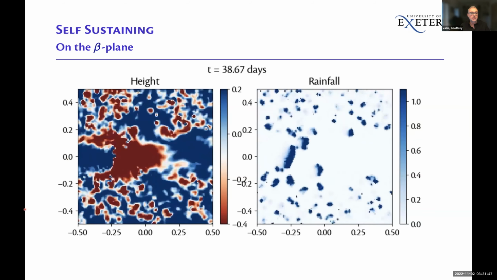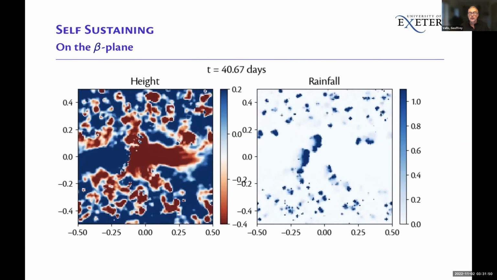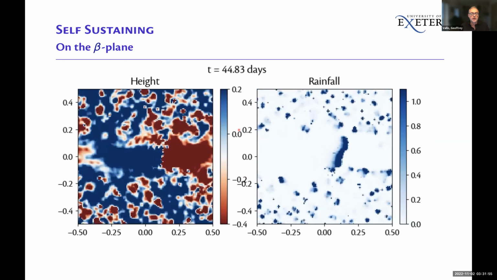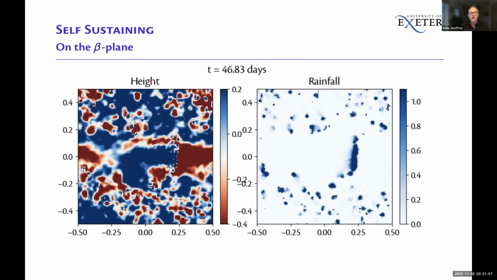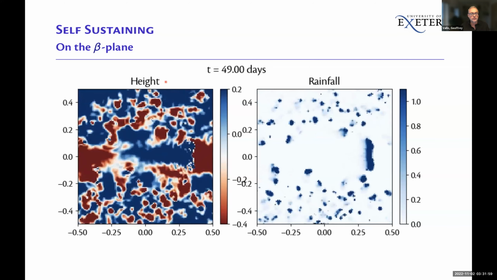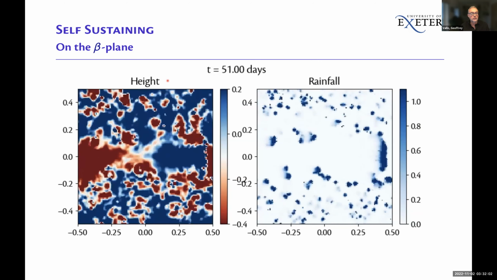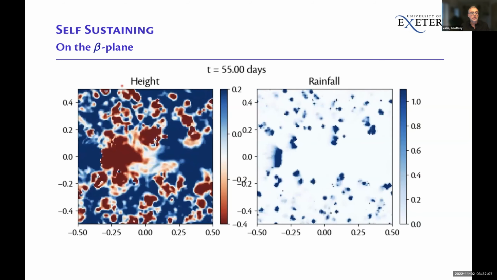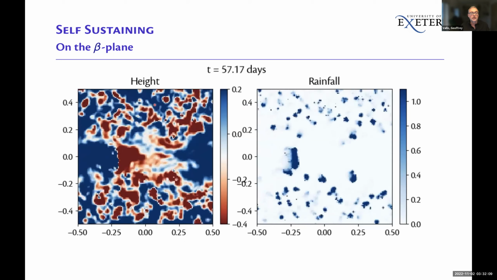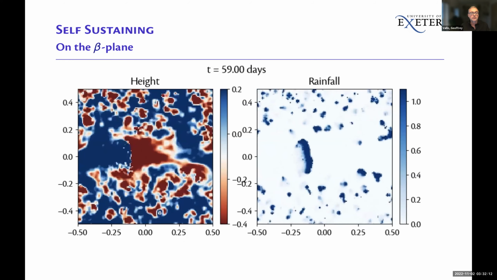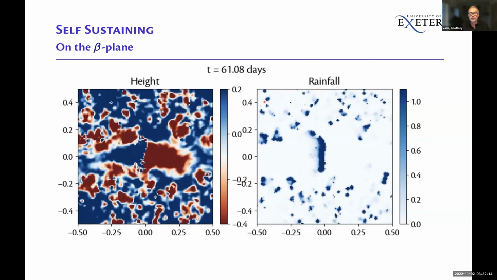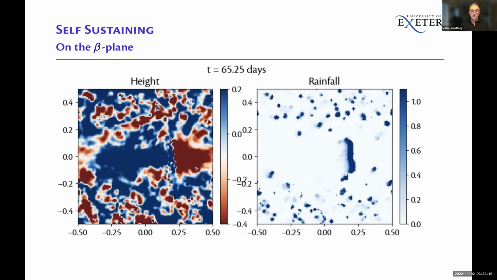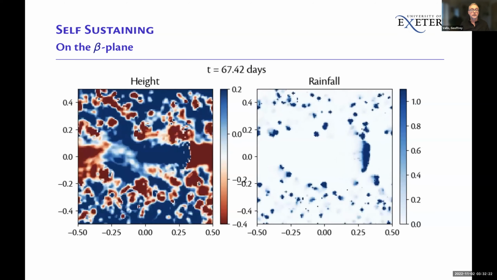And you can see what's happening. The system is just an excitable one, and you can see on the left, especially if you have a little bit of imagination, that it's generating a Gill-like pattern. But you'll see it as it comes around again. But there's a Kelvin mode eastwards of where the precipitation is, with two Rossby-like modes on either side of the equator. Okay, so